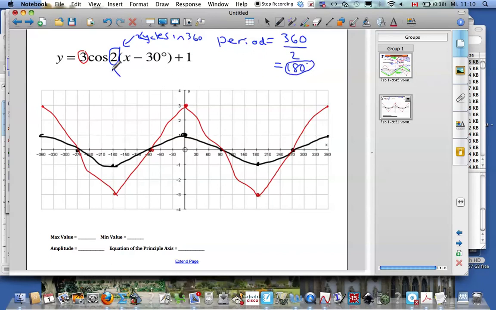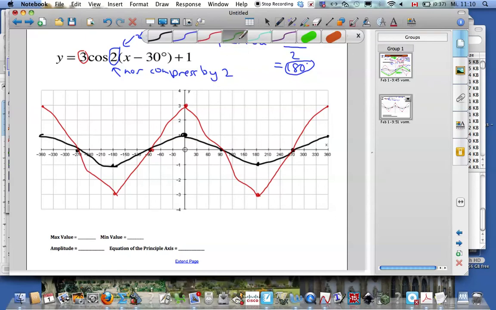What that means is we have to actually horizontally compress by 2, because now it's going to be more squishy. So again, remember, this affects the x values. What you're doing now is taking all of the x values and dividing them by 2, so that you could fit twice as much. So there we are, 270, that's about 135. My scale here is not perfect. 360, divide that by 2,